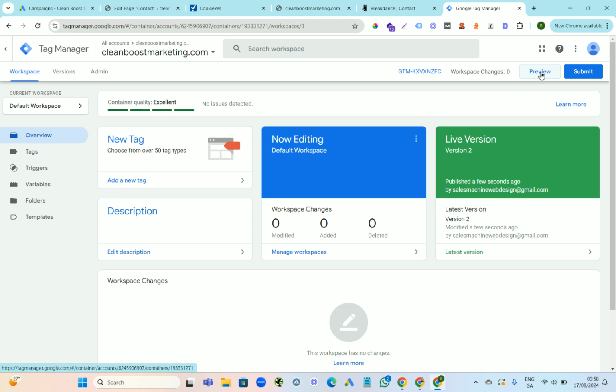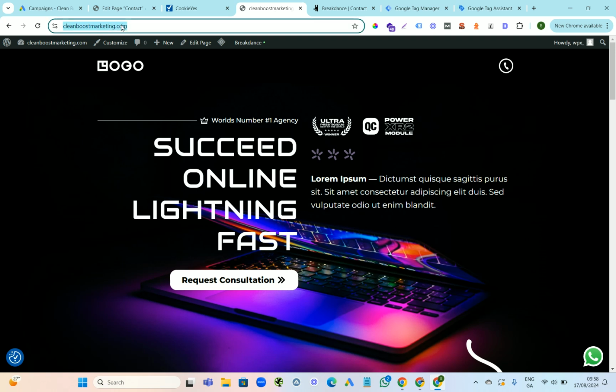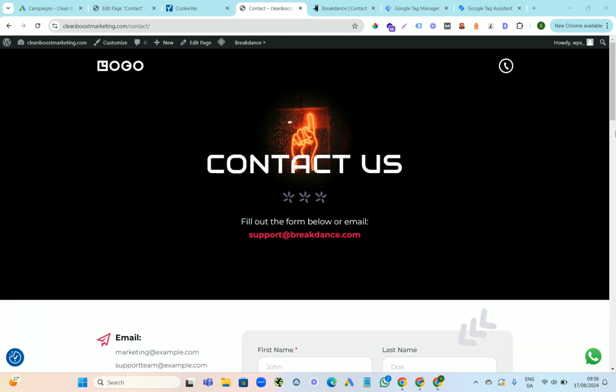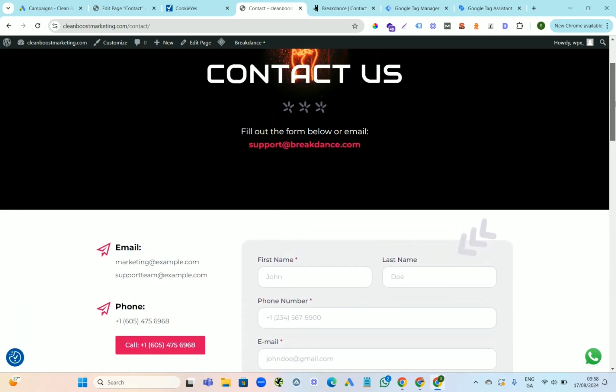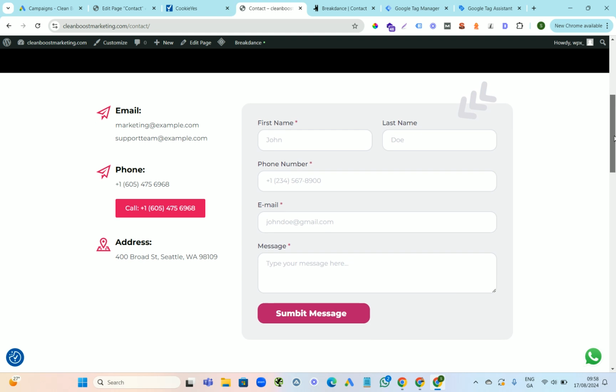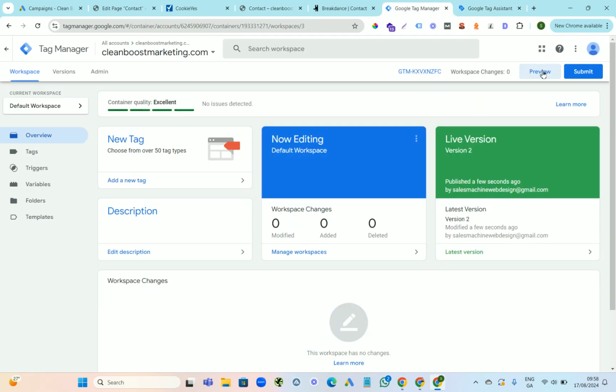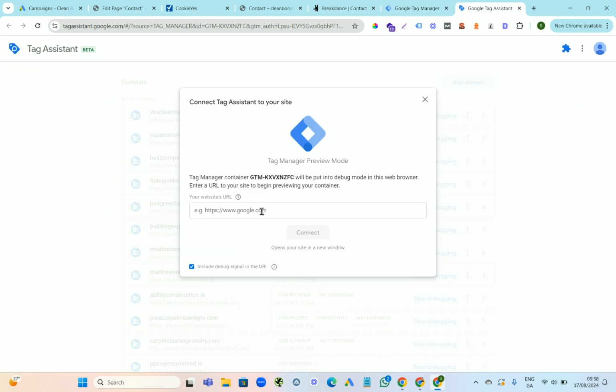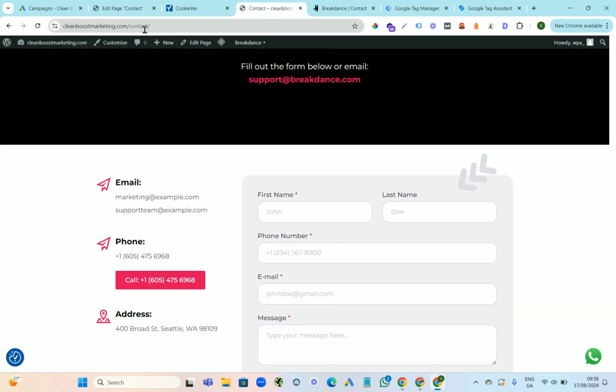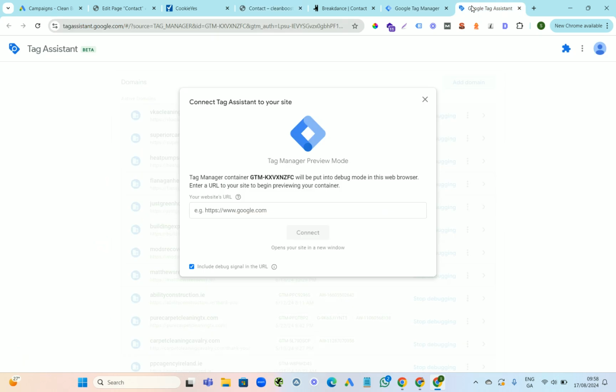and you're going to go to preview right here. So this button right up here, preview, and we're going to get our website URL. Actually, I need to get the contact page because that's where the button is. So now we're on the contact page, and this is where I need to start clicking buttons and doing certain things. So going to come back to our Google Tag Manager. After you press preview, it's going to bring you to a page like this, and you need to get the website URL that you want to track things on. We're going to copy and paste that right in here, and then press connect,